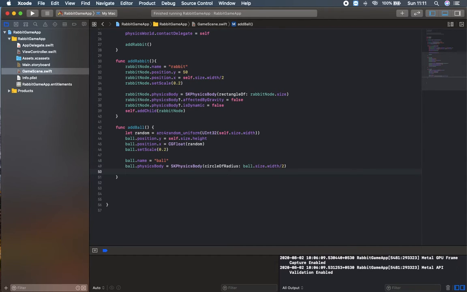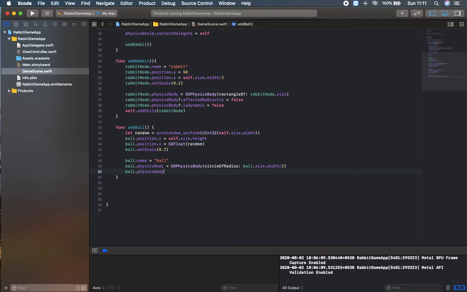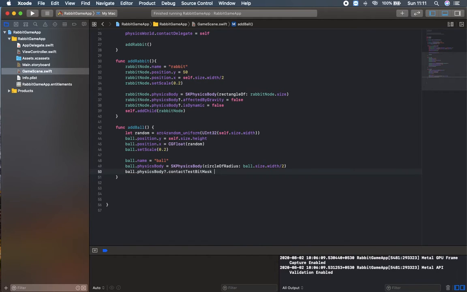And then ball.physicsBody.contactTestBitMask will be equal to 1. And then let's say moveAction will be equal to SKAction of kind removeFromParent, or else we can move on the y axis